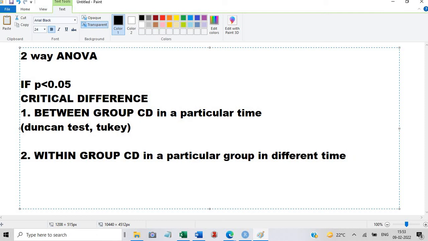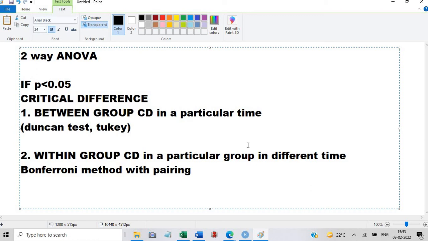So for this, the most important way to find the critical difference is the Bonferroni method with pairing.